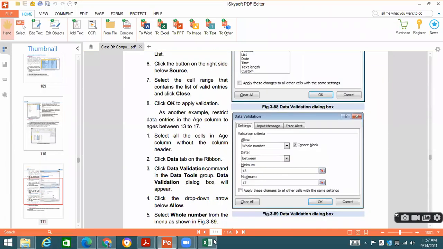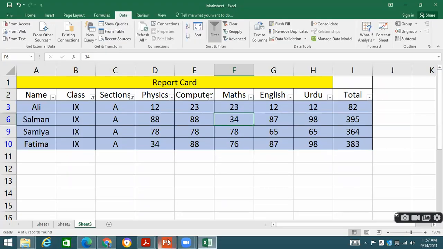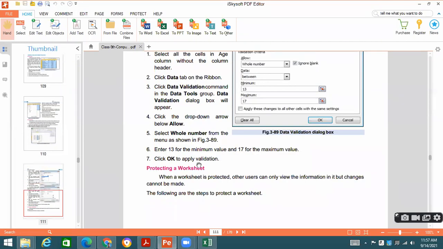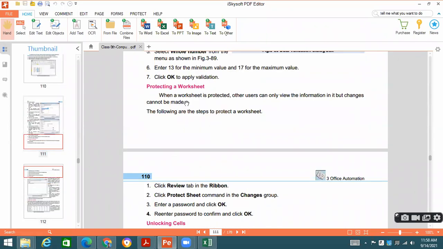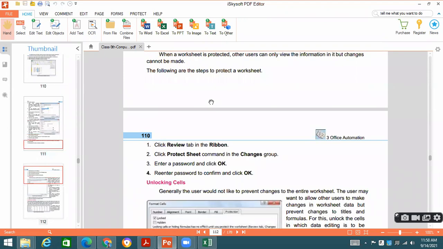Similarly, if the data is relevant to a date, we can ensure that a max date is given accordingly. Now, protecting a sheet. When a sheet is protected, other users can only view the information but cannot change it.